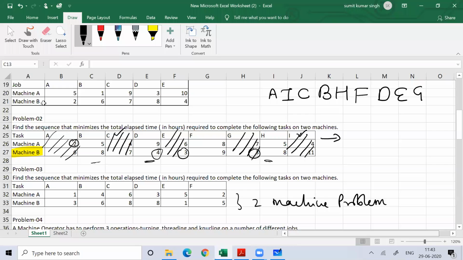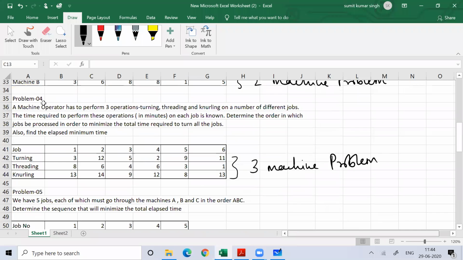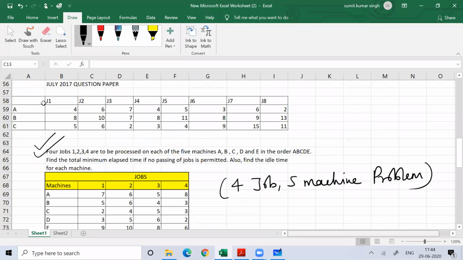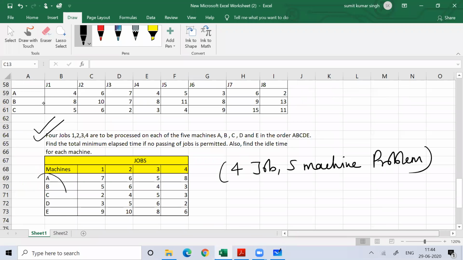We need to understand this because it is very important that you start thinking about how you can work on a two machine problem. Because if I give you three machines, you have to convert this three machine problem into a two machine problem. Even if I give you five machines, you have to convert that into two machines. Ultimately your fundamental concepts on working with two machines should be very strong.